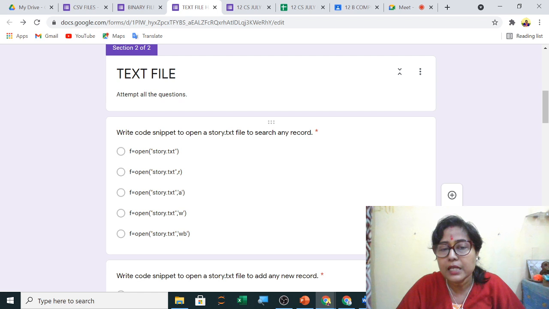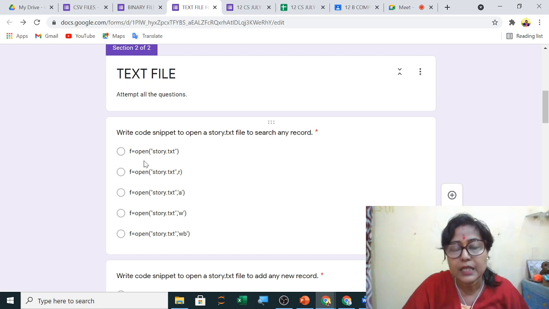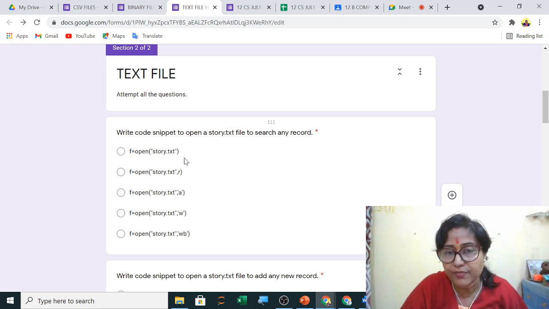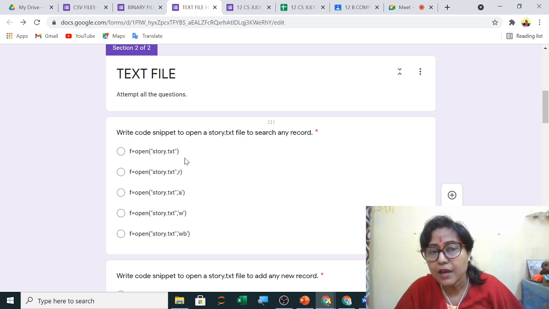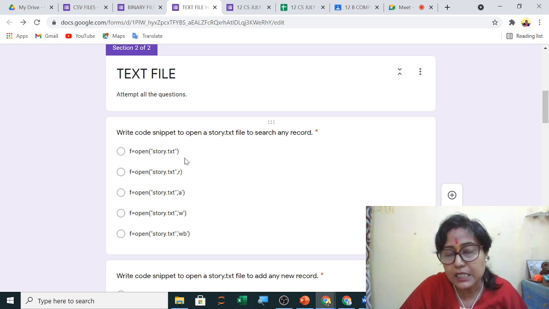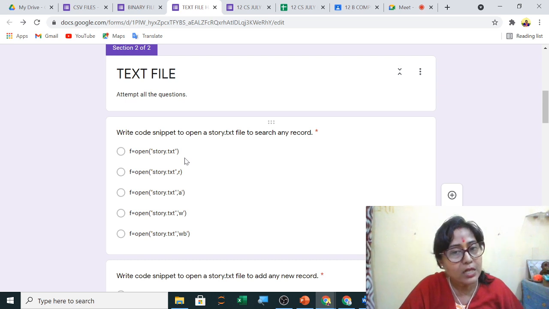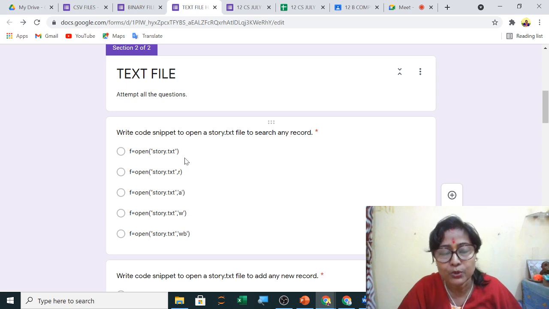So R in single quotes, double quotes, or without R. So answer will be F equals to open in double quotes the name of the file story.txt. If nothing is written as second argument after the comma, by default it is in read mode, which we use for display, search, and update and delete. The file is opened in read mode only.